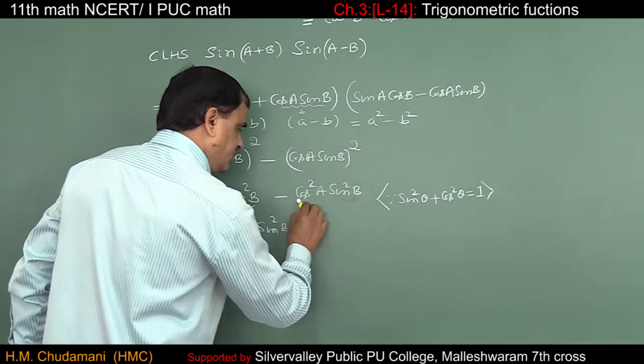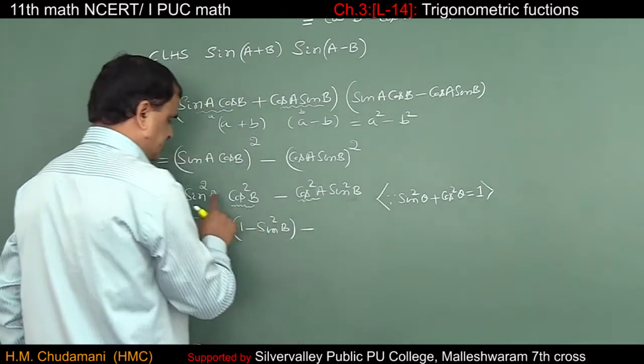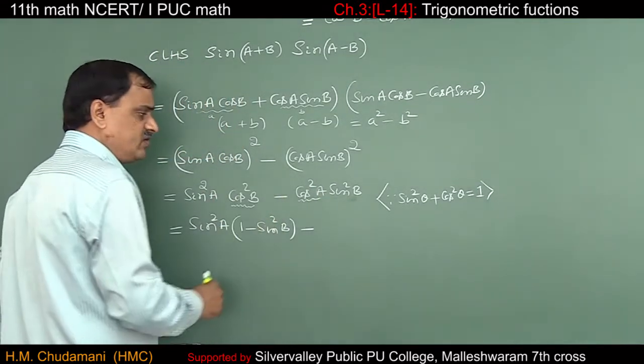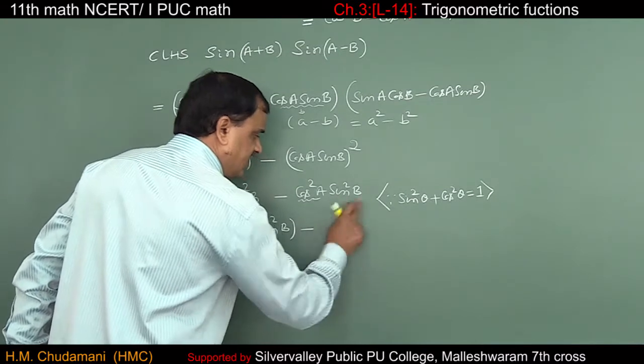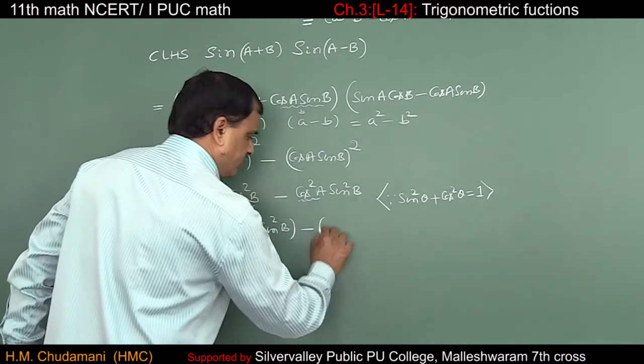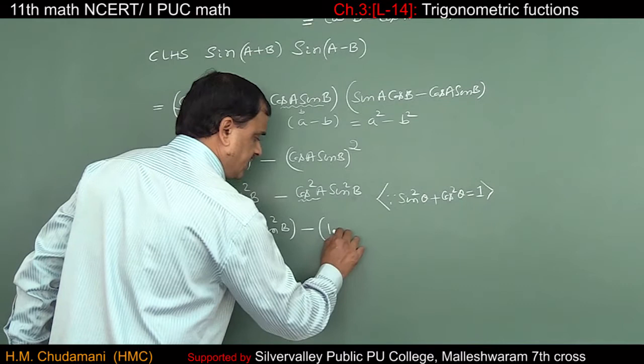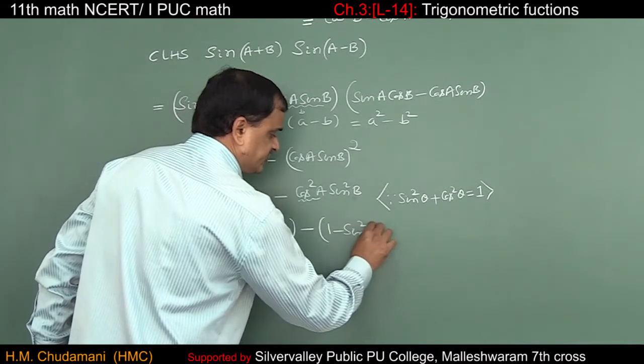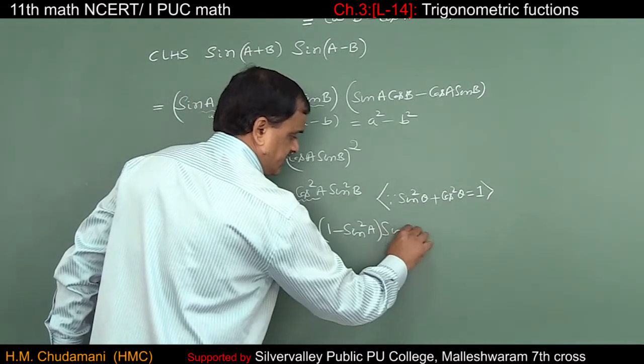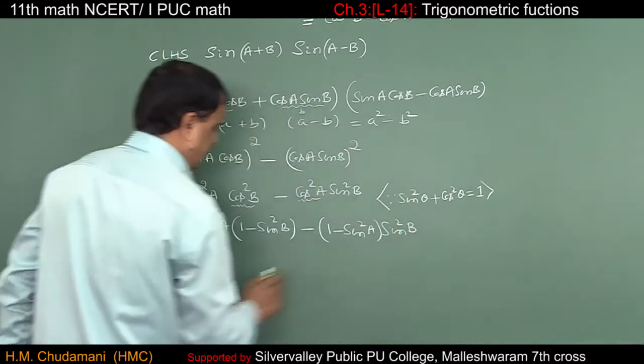Here I need to eliminate cos²A actually. Sin²A minus sin²B we want, so cos²A I need to eliminate. So in place of cos²A, 1 minus sin²A I'll write, into sin²B we have,